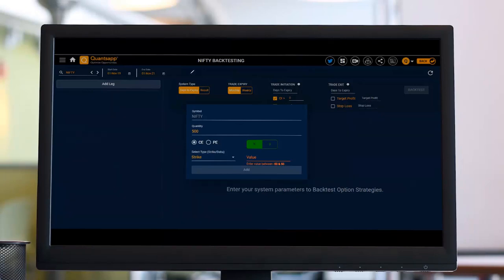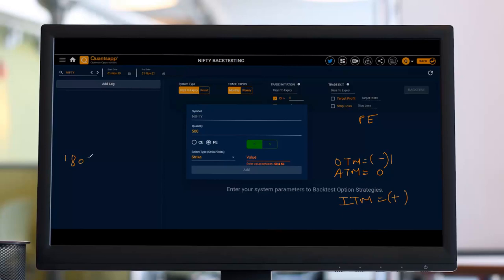Now let's discuss the put side as well. Okay, so let's take an example for put option. It would be vice versa totally. ATM will still remain the same. ATM will still be 0. If I'm going for at the money put option, I'll type 0 in the value. For out of the money put option, we will type -1, or minus basically. For in the money put options, we will type positive.